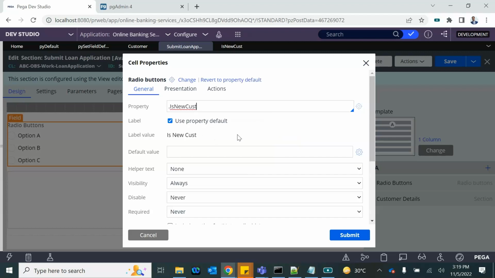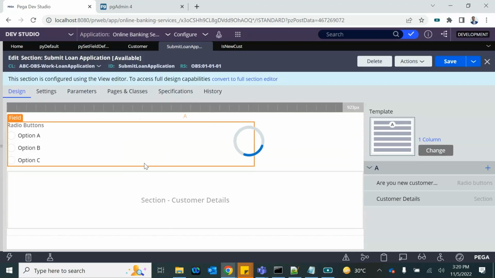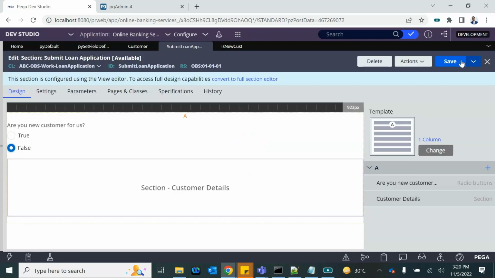That's where we are going to store the value, okay? That's it. I can edit the label. Are you a new customer for us? Okay,